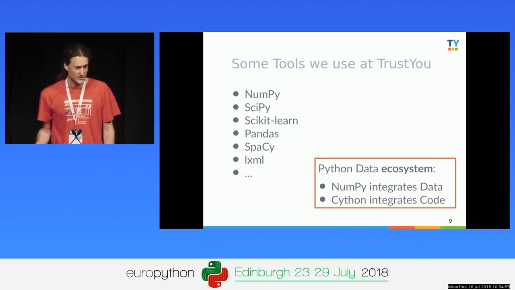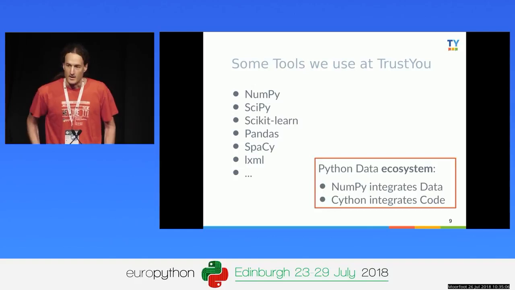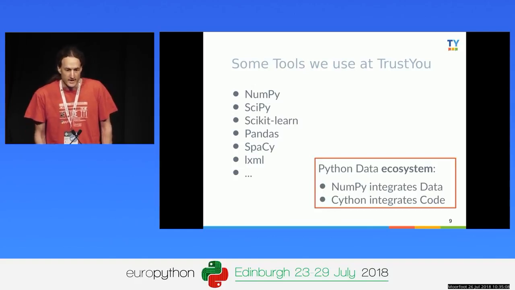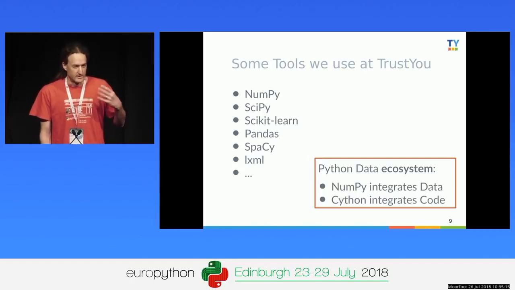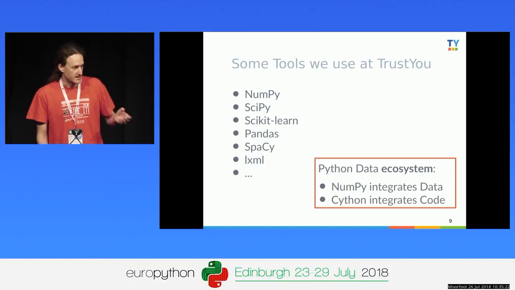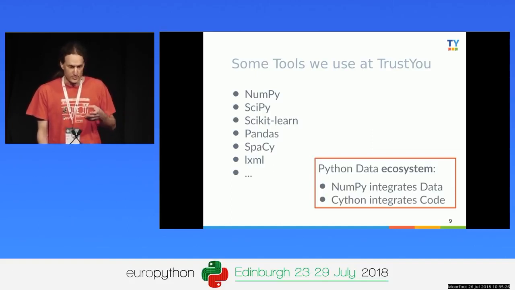So why is that an ecosystem? Well, it's an ecosystem because it's integrated. Okay, everything works nicely together, it chains together. And a big part of that came from the fact that people developed NumPy as basically a data integration layer that all of these tools could use, could put their data into, could use to share their data across different libraries, even pass the data on into C libraries, into native code to process this data.